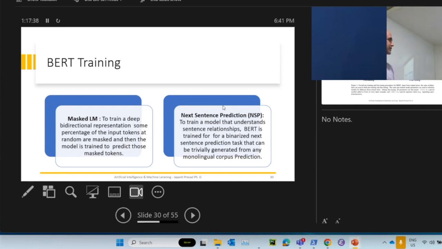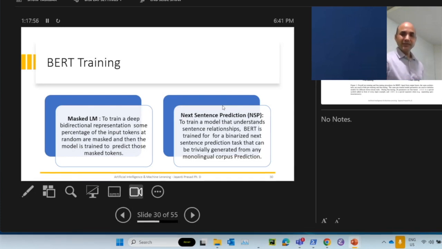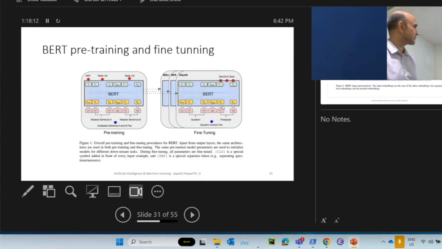The second component of BERT was next sentence prediction. Now you have millions of sentences, and you force it to predict the next sentence correctly. When I say you force, it means you tune the parameters by running back propagation or some algorithm. So these two tasks, and along the way, when you train BERT on these tasks, you will actually have a very good embedding also, an embedding for the text or words, and you can use those for whatever other downstream tasks. So this was the BERT component and fine tuning.